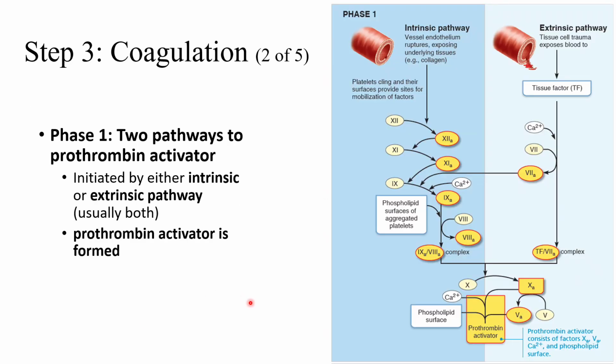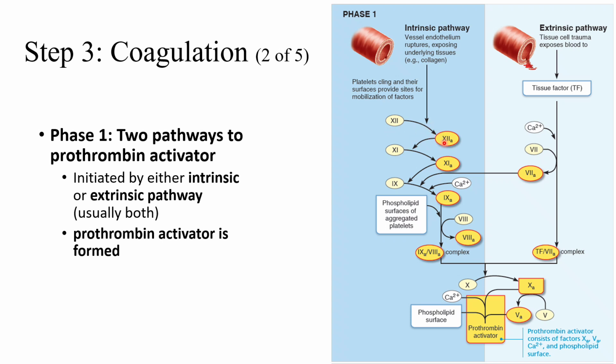The third one is coagulation, or blood coagulation, which is a pathway. It's actually two pathways where the end result will be the production of what we call a prothrombin activator. So you have the intrinsic and the extrinsic pathway. Pretty much the extrinsic pathway is where the vessel endothelium would rupture and expose underlying tissue and the collagen itself. The platelets will cling